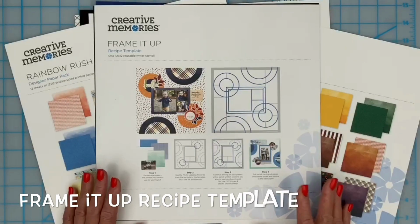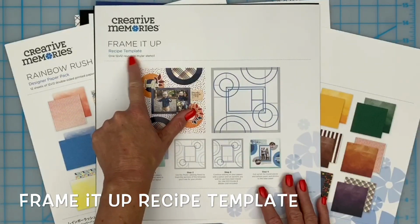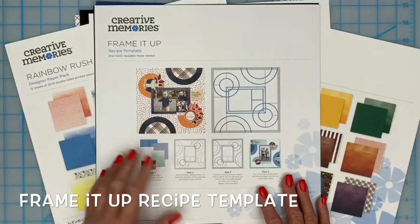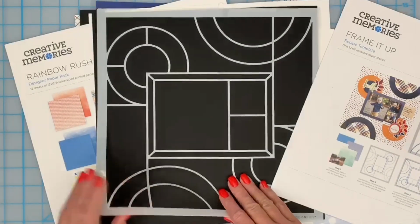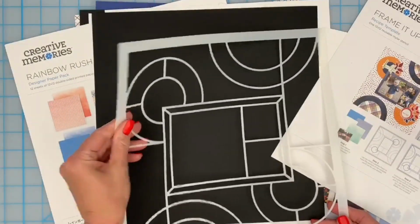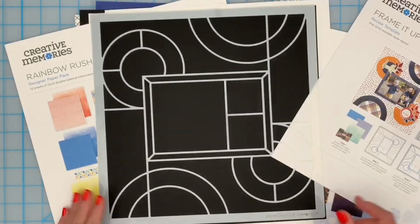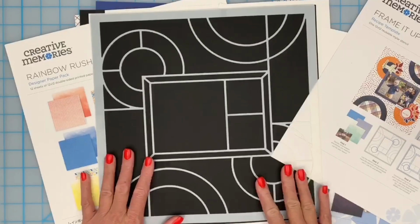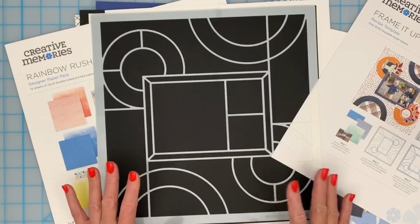So today I'm going to be talking about the new Creative Memories recipe template called Frame It Up. And this is the latest in a series of templates that Creative Memories has come out with that are super popular, made of a thin, flexible mylar that you can reuse over and over again. You can wipe it off if it gets dirty. It's quite durable. It's going to last you a long time, and you're going to be able to make endless